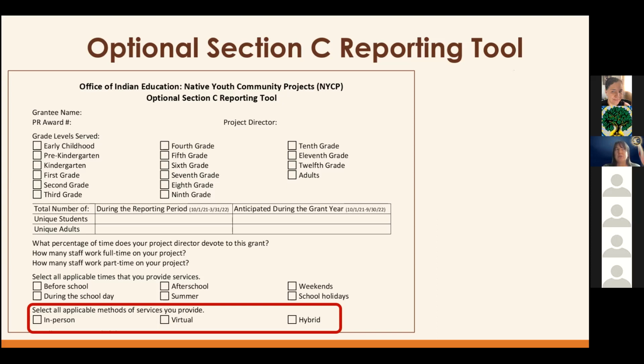If you have services that are provided only in an online or only in a virtual format, then you go ahead and click that virtual button in the middle. If you have services that are offered in both an in-person option and a virtual online option, then that particular service we would refer to as hybrid. And if you have services that are hybrid, go ahead and click off that hybrid. So you could be offering all three types theoretically.